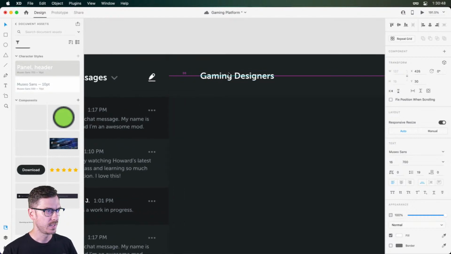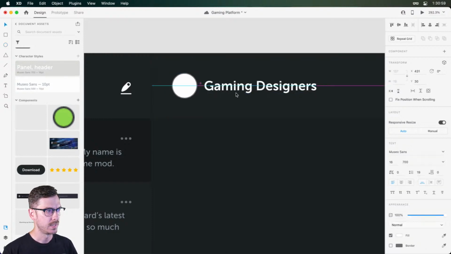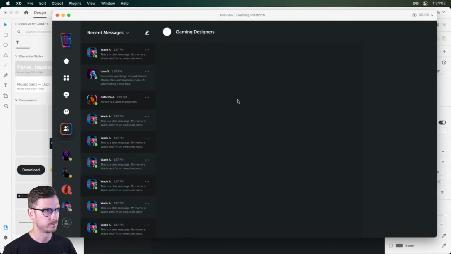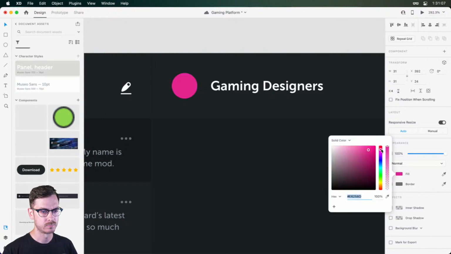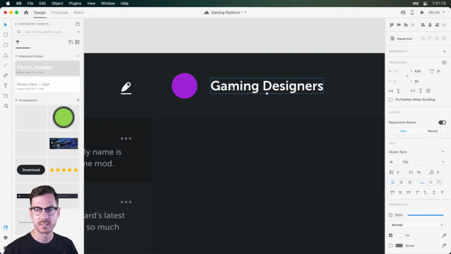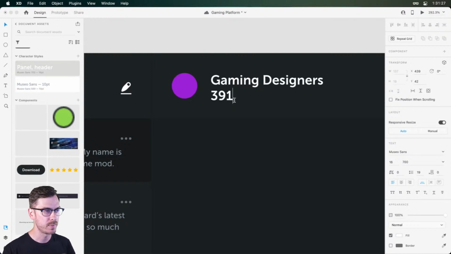There we go. And for this middle section, I may want to mix it up a little bit. So maybe over to the left, there might be an icon. Make sure it's 24, and we'll do about probably 16. So for now, I'll just make this icon some sort of pink or purple. And then maybe under this, we might want some sort of a subheader. Laura says, I'm working on a brand guide in XD. That's awesome. So underneath here, maybe we'll just display how many designers or how many users are online. So there might be like 391